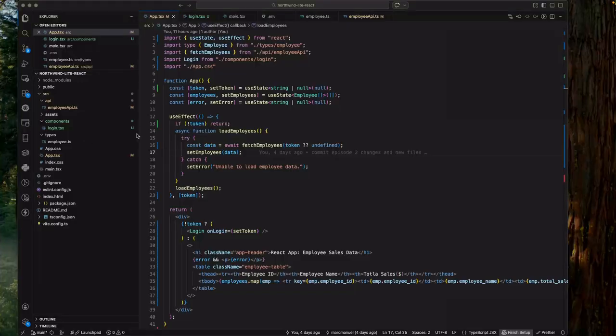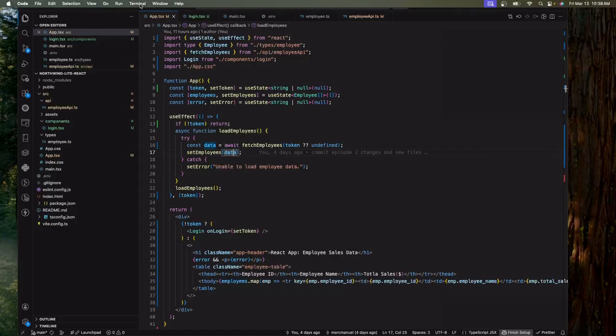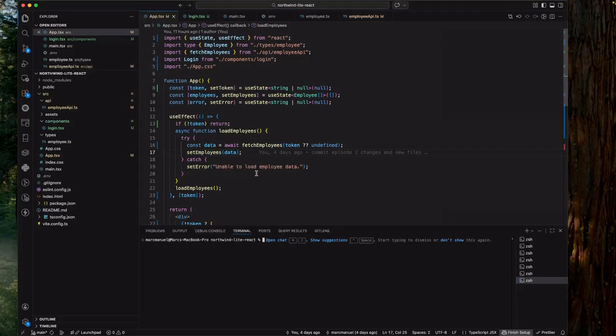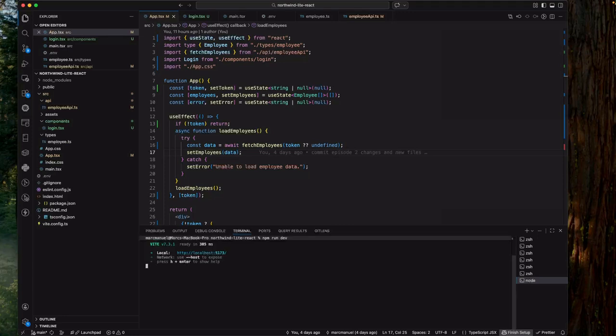Now it's time to test the application. To do this, let's go to Terminal, and then we'll run the npm run dev command. And as you can see, the application is now running on localhost 5173 port. So if we jump to our web browser,